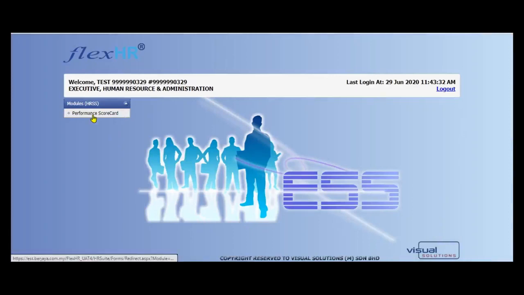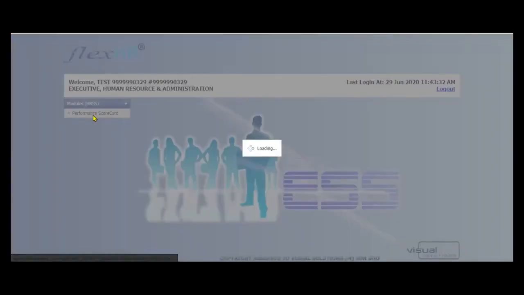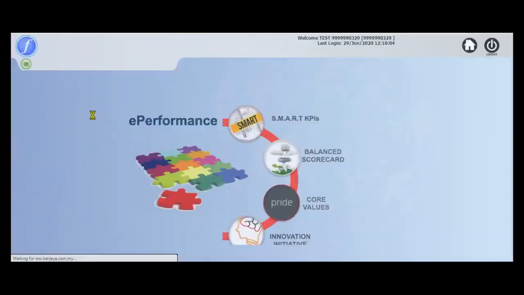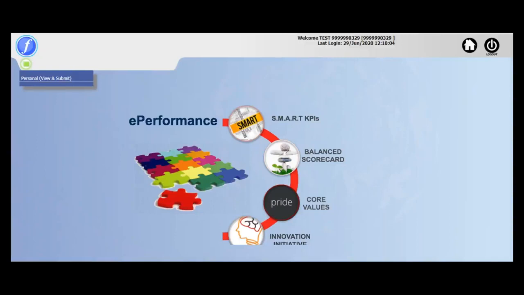Click at performance scorecard, and you will come to this colorful page. This is the performance scorecard main page. And you will see this green button. This green button, we call it the menu button. Inside this menu button, there are folders